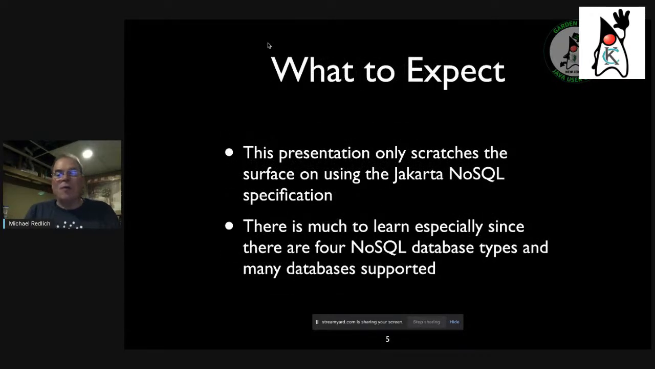All right, so what you can expect to see tonight is basically it's only going to scratch the surface on using this specification. There's a lot to it. It can be very deep. There's more than one way to skin a cat. There's a set of factories you can use to implement a database, for example, or inject a database. So it's just a lot, and I just want to show you